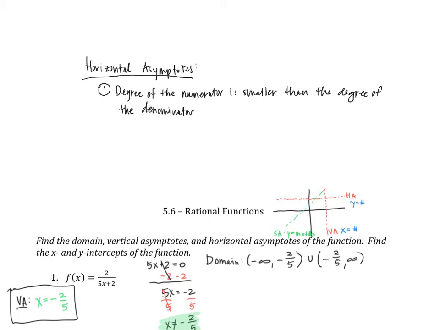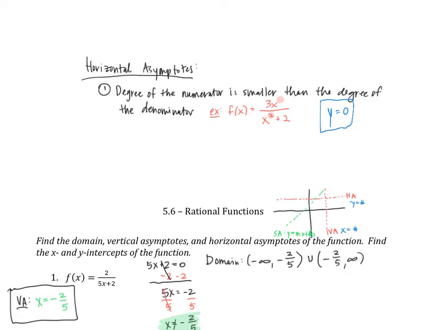So that means, remember, the degree is the highest exponent. So the highest exponent in the numerator is smaller than the highest exponent in the denominator. An example might be if you have f of x equals 3x over x squared plus 2. See how the degree here is 1 and the degree here is 2? So the numerator's degree is smaller than the degree of the denominator. In that case, your horizontal asymptote will be y equals 0. Whenever the degree of the top is smaller than the degree of the bottom, your horizontal asymptote is automatically y